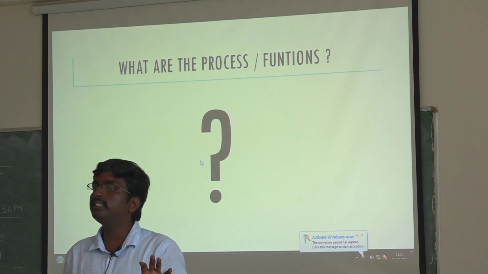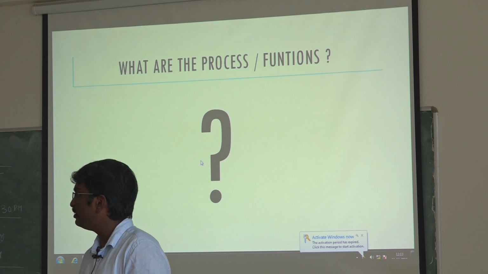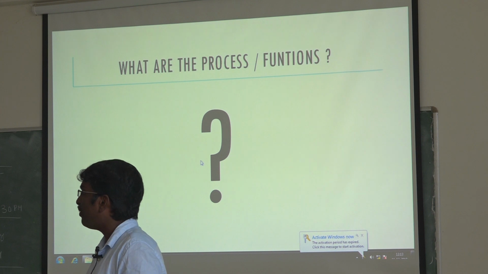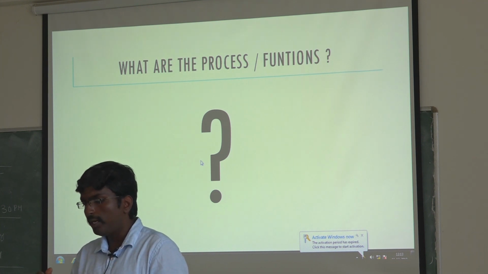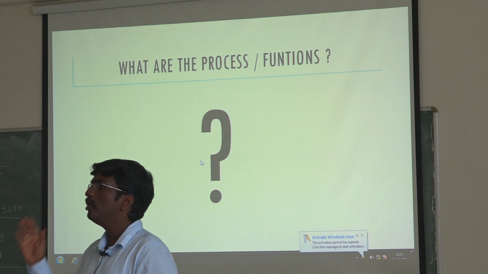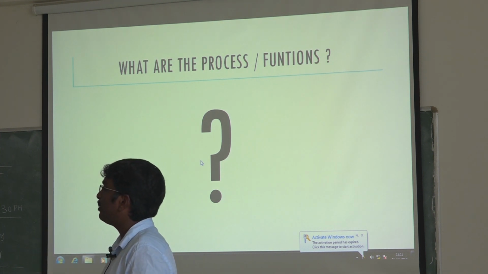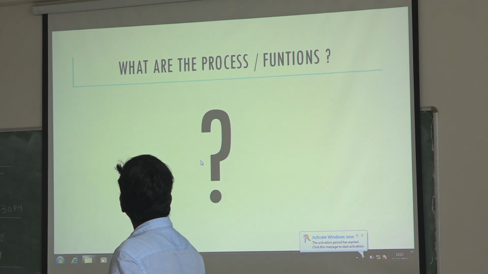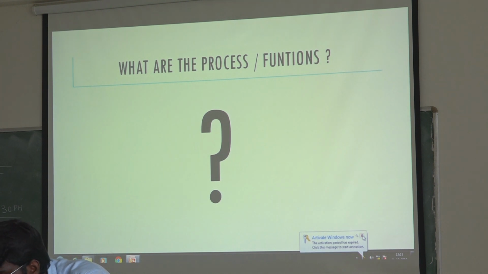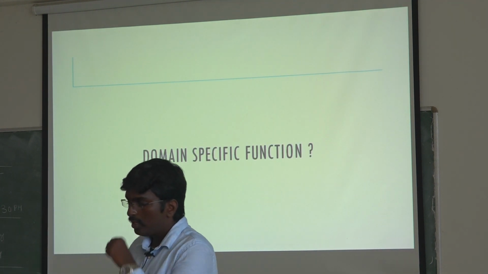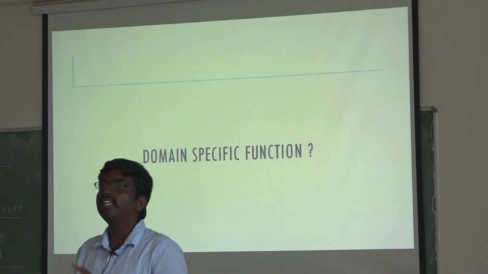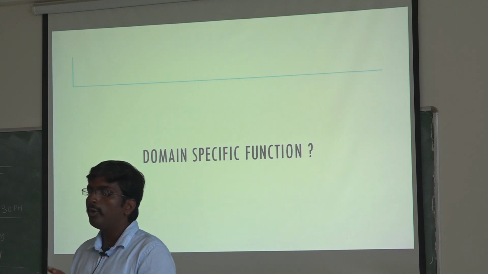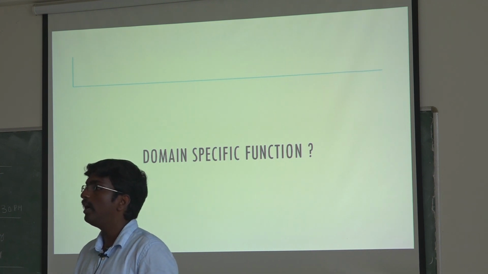These two I know. Input device is the camera, output device is VGA or some storage device. These also I know. So the input is a pure pixel, the output is in VGA form. So all these things I understand. But what kind of processing elements do I need to attain this functionality to get the repeated image or video? To understand this, I need to determine whether to process the input in the same domain or in some other domain. So whether I need domain specific functions or not, I need to understand.